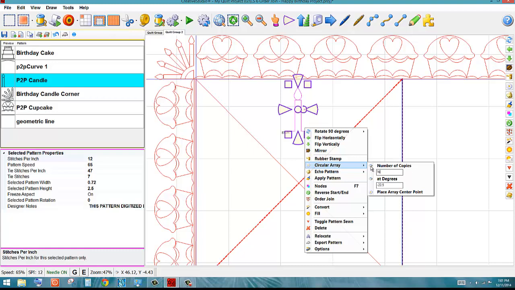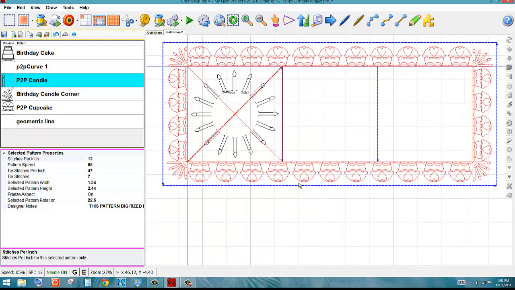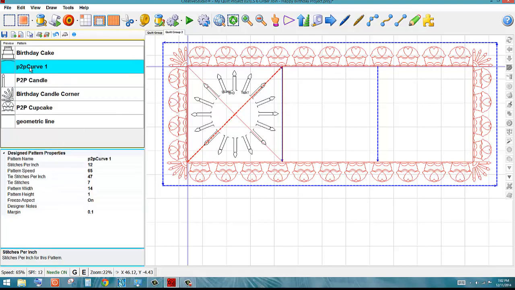Click on number of copies, and CS calculates the degrees for us so we don't have to do math. Place the array center, which we did by creating that boundary. And there we go. We have this beautiful little array of 16 candles. Now I want them to stitch continuous, and how can I do that? Well, I'm going to take point-to-point curve,